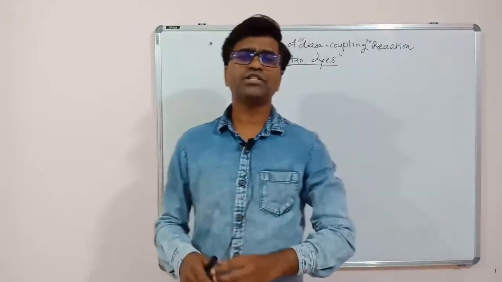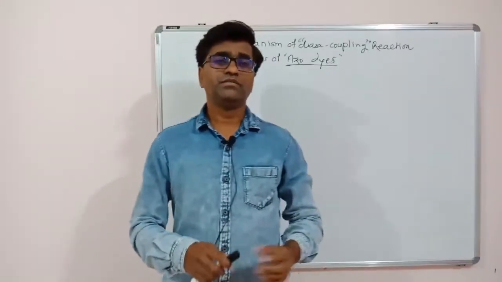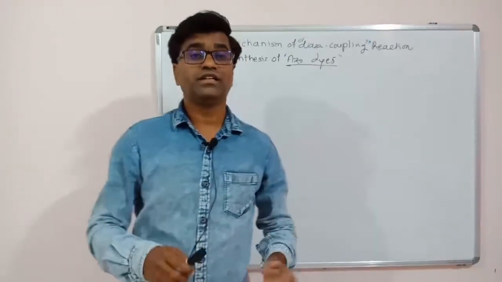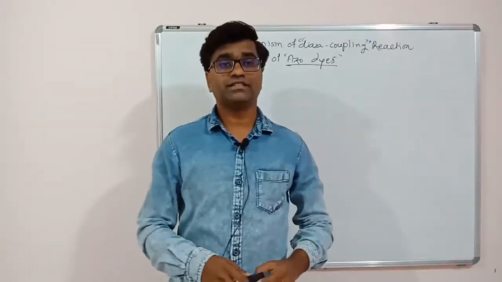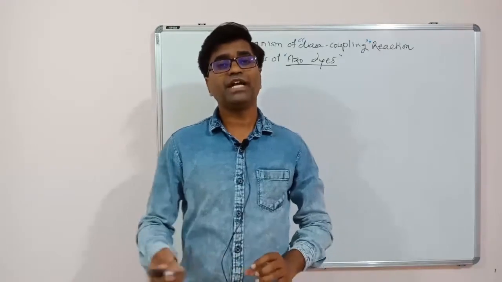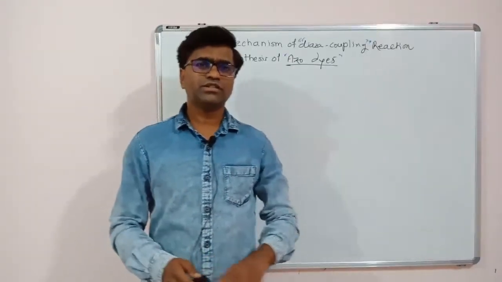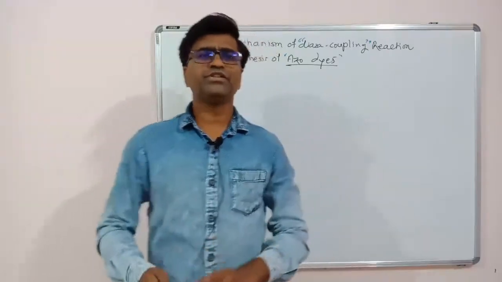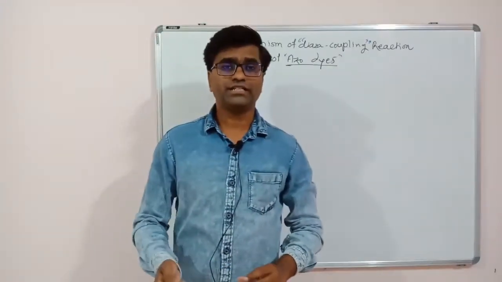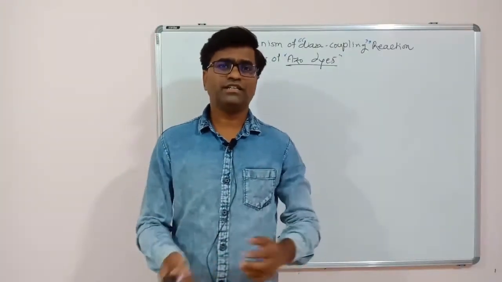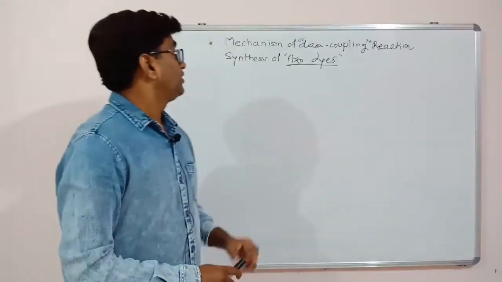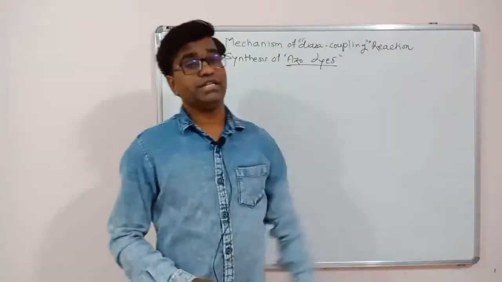These azo compounds are used in color reagents like azo dyes, and in some indicators which are used in titrations. Those indicators are also in the form of diazo molecules. So that is the use of these diazo coupling reactions, to form dyes, colors and synthetic colors. Now we are going to learn the mechanism of diazo coupling reactions.